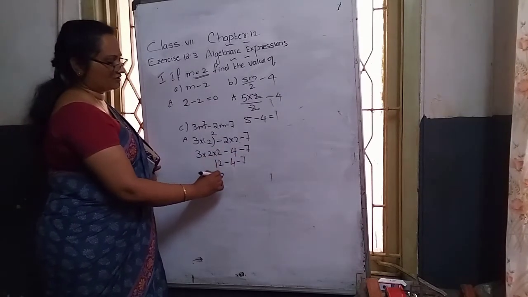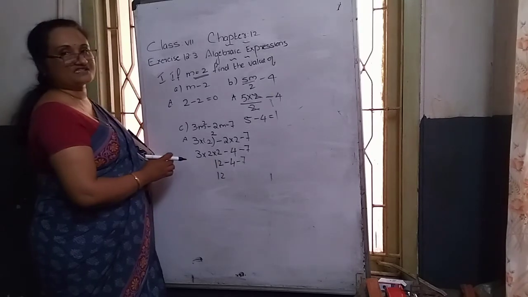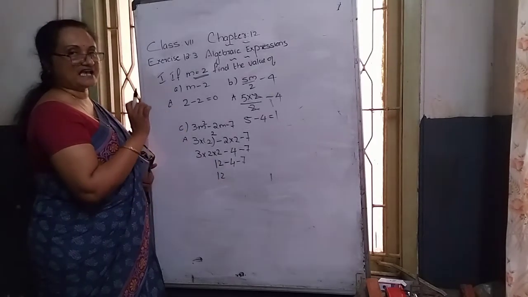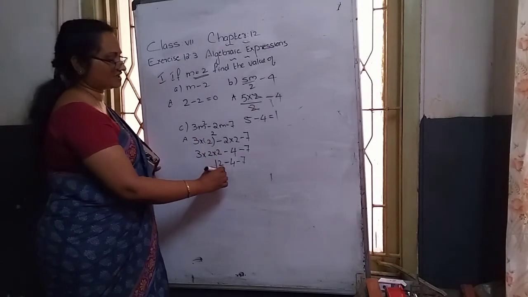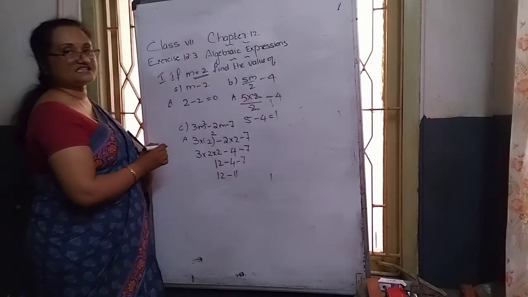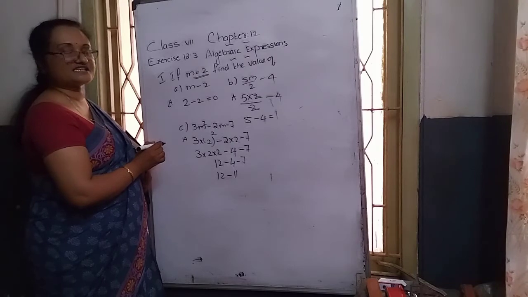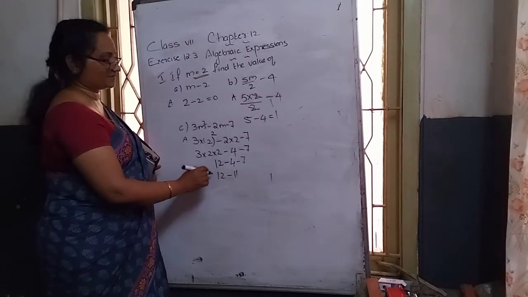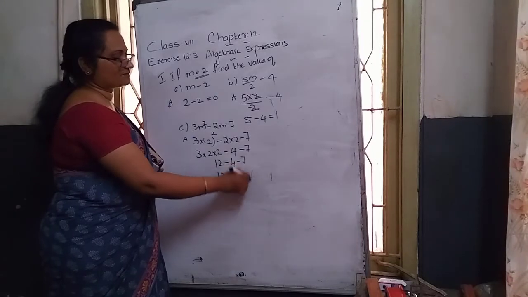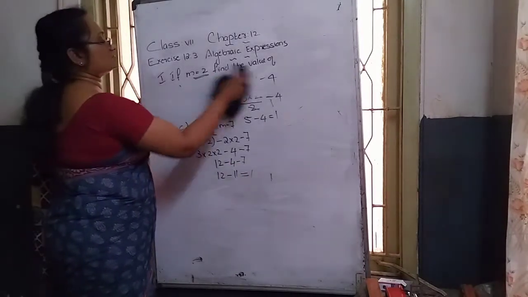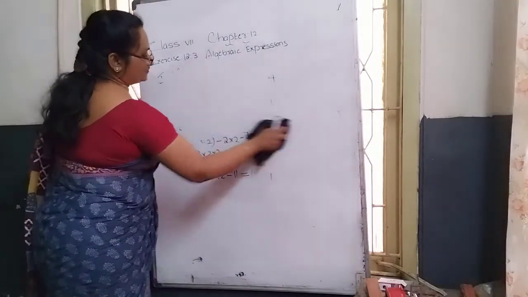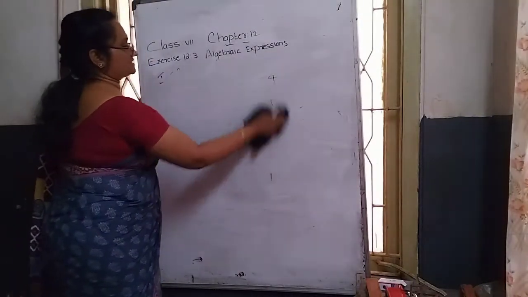First term 12. The negative numbers, same sign, means add and put a minus sign. So adding 4 plus 7 comes to 11, but since the sign is the same, we mark the negative sign in the answer place also. 12 minus 11 becomes how much? 1 is the answer. In this way, we solve the first Roman numeral. Then next, the same model, the second Roman numeral case.